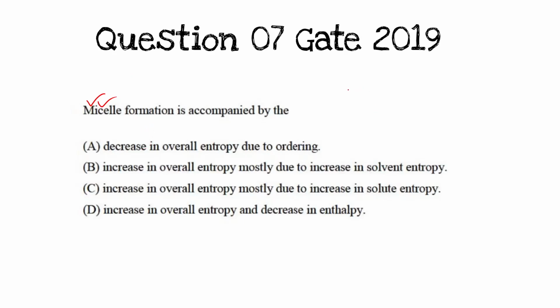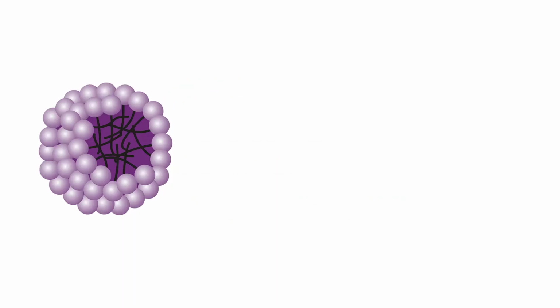So, the two things that we need to know regarding micelle formation are how the entropy changes, because that will help give us the answer, and how the enthalpy changes. Now, we'll focus on how this micelle is formed. In general, when surfactant molecules or ions cluster together, they form this kind of micelle formation,